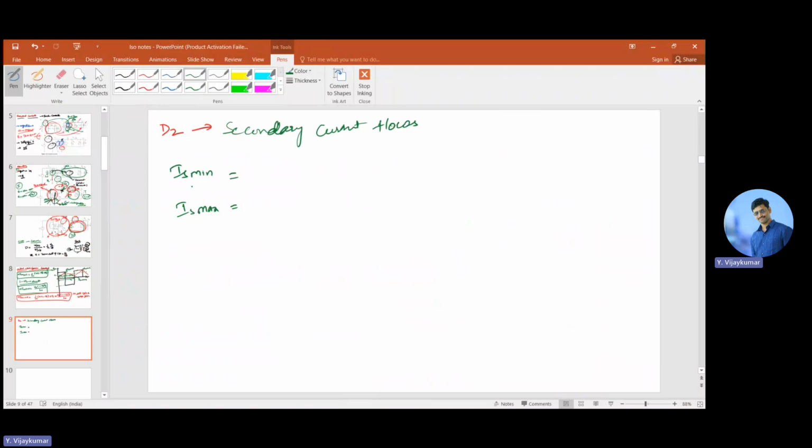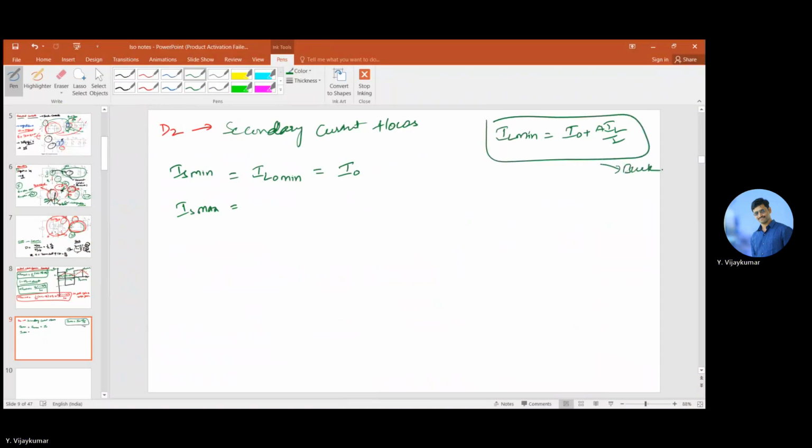This IS minimum is equal to IL naught minimum, the minimum current flowing into the inductor. As we remember, what is IL minimum for the buck converter? It is I naught minus delta IL by 2, as we discussed. This is for the buck converter. And if you want the IL max formula, it is I naught plus